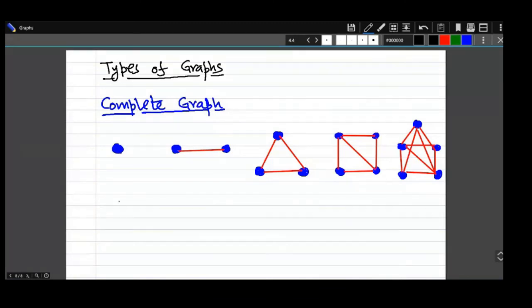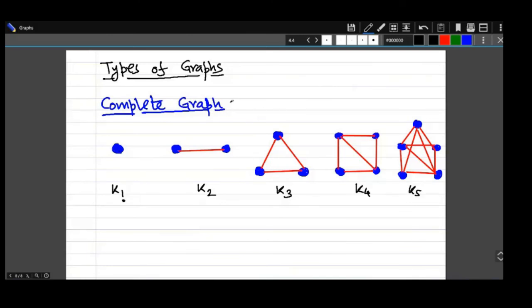Okay, so this is one graph where the number of vertices is 1. This is another graph where the number of vertices is 2. K is the number of vertices. Let's say k is equal to 3. Like that, I'll say K1, K2, K3, K4, and K5. So this number denotes the number of vertices. So you have one vertex, here you have two vertices, here three vertices, here four vertices, and here you have five vertices.